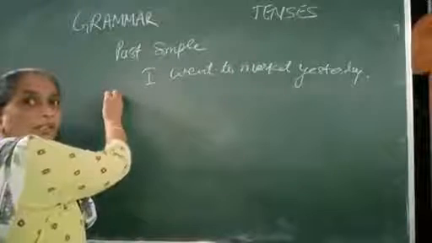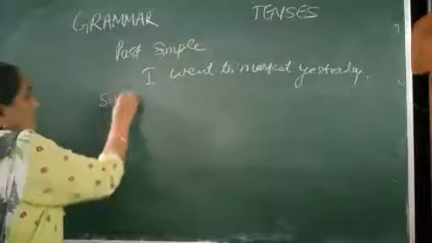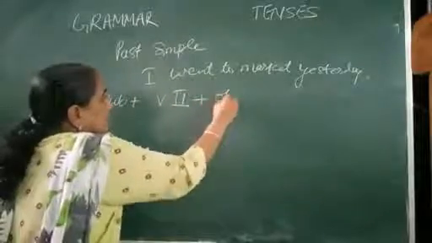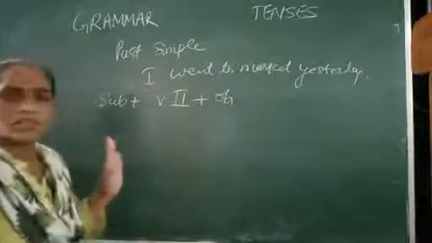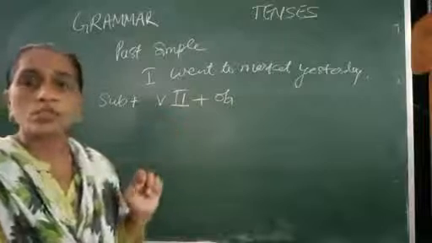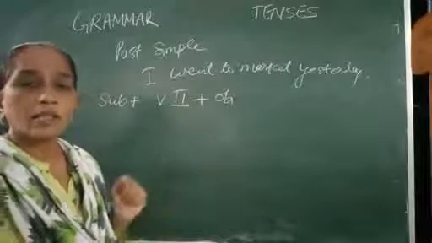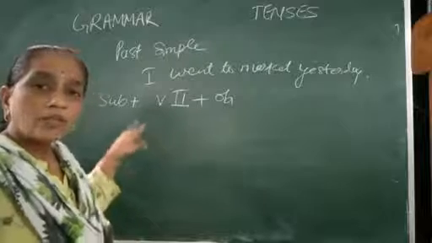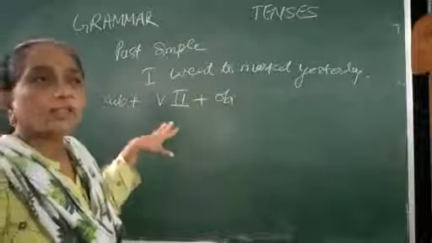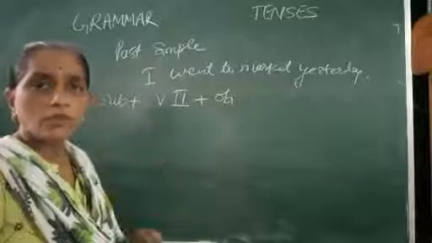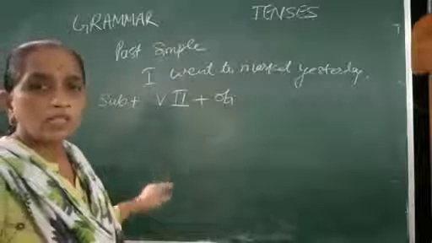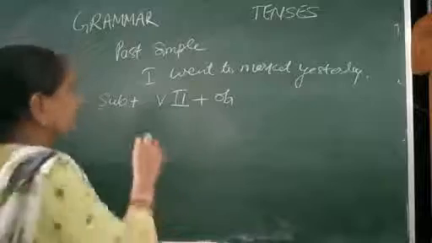So the structure for this is subject plus verb's second form and object. The simplest use of the tense is formed in the past simple, and the most commonly used tense is this past tense. Fine. This is used to write or describe the events that took place in the past. Stories. The most important part of your writing is story writing, and this tense is used here. So you have to learn that very properly.